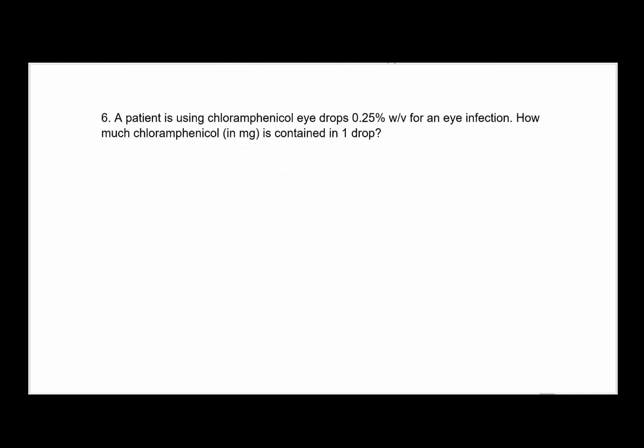Okay, the patient is using chloramphenicol eye drops, 0.25% weight by volume. Now, whenever I say weight by volume, that means grams per ml. For an eye infection, how much chloramphenicol in milligram is contained in one drop. So we know from before that 1 ml has 20 drops. So one drop will have how many milliliters? Because the patient is taking drop. We want to find out how many mils are in a drop. So one drop will be equal to